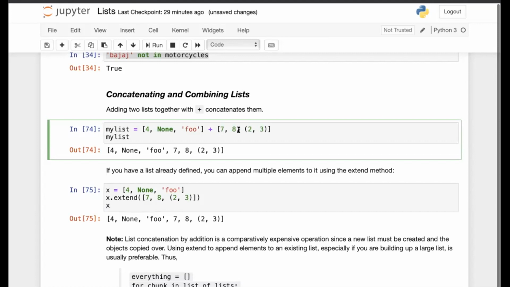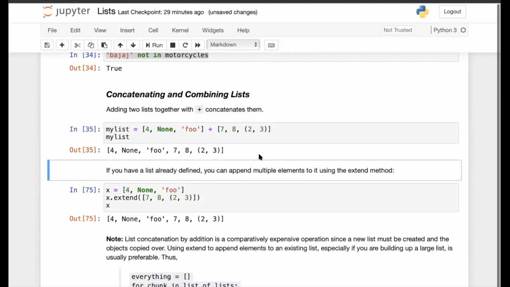When you concatenate using the plus, a new list is created, composed of the items from these 2 lists and assigned to the variable my_list. So my_list is equal to this, and when I print my_list, this new list gets printed.